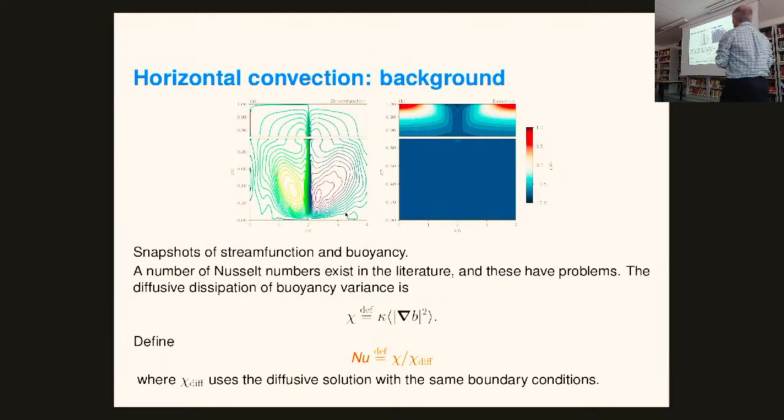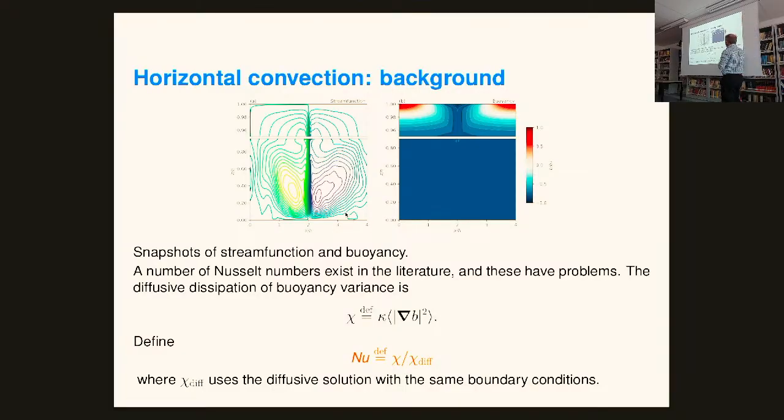Okay, so let's talk a bit more about horizontal convection. This is a snapshot of the stream function. This is a 2D simulation of the buoyancy. As you see, the buoyancy in the abyss is really boring. This is zoomed into a boundary layer. The abyss becomes cold. It fills up with cold fluid. There's actually a weak stratification that you can't really see. And there is a boundary layer at the top, which has a stable stratification as well. Depends where you are, right? Warmer here, colder here, but effectively it's stably stratified under the warm regions.